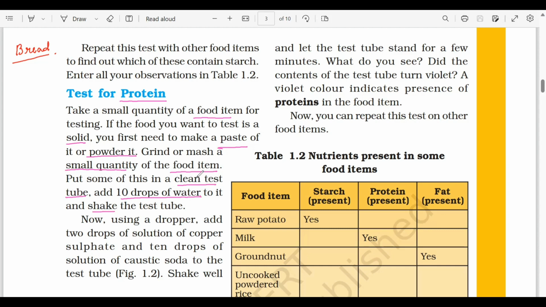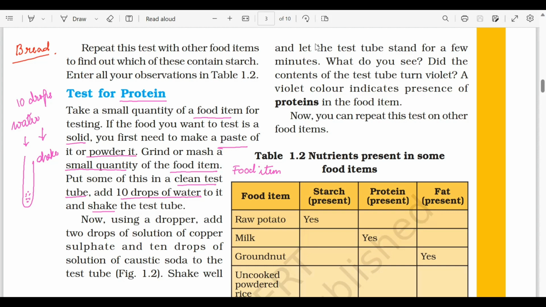Okay, so what have we taken? We have taken a food item. We have put it into a test tube. The test tube has our food item. And then we have added water into it. How many drops? 10 drops of water. And then we have shaken it gently. Now, with the use of a dropper, we will add